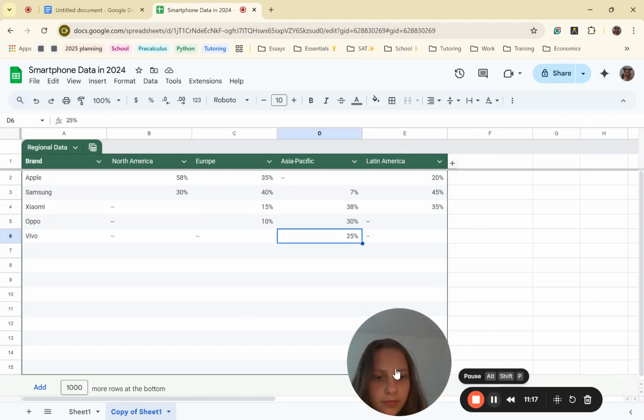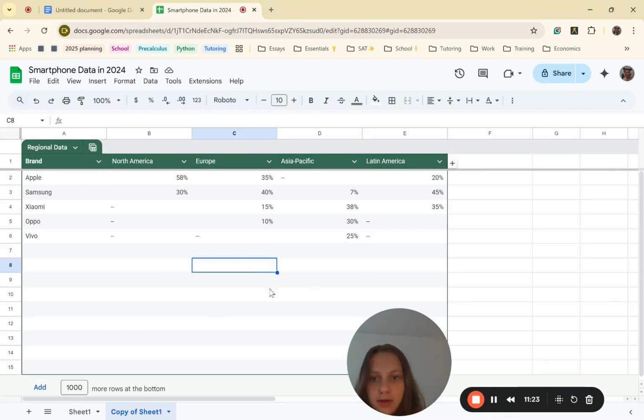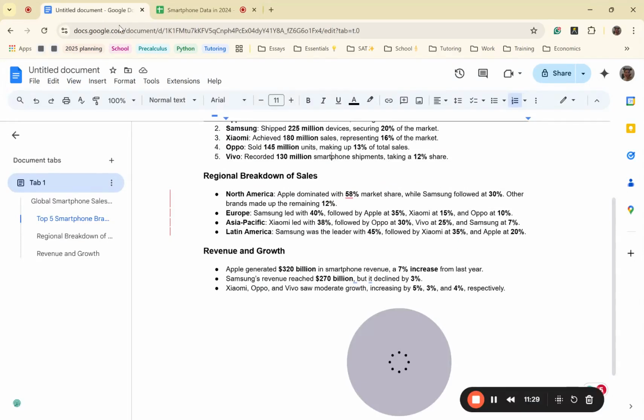So, alright, I am back and I have included all the information that I could have put in. The rest, they just say other. Okay, let me just show you guys. It says the other remaining is 12%, or they just didn't include any other information.